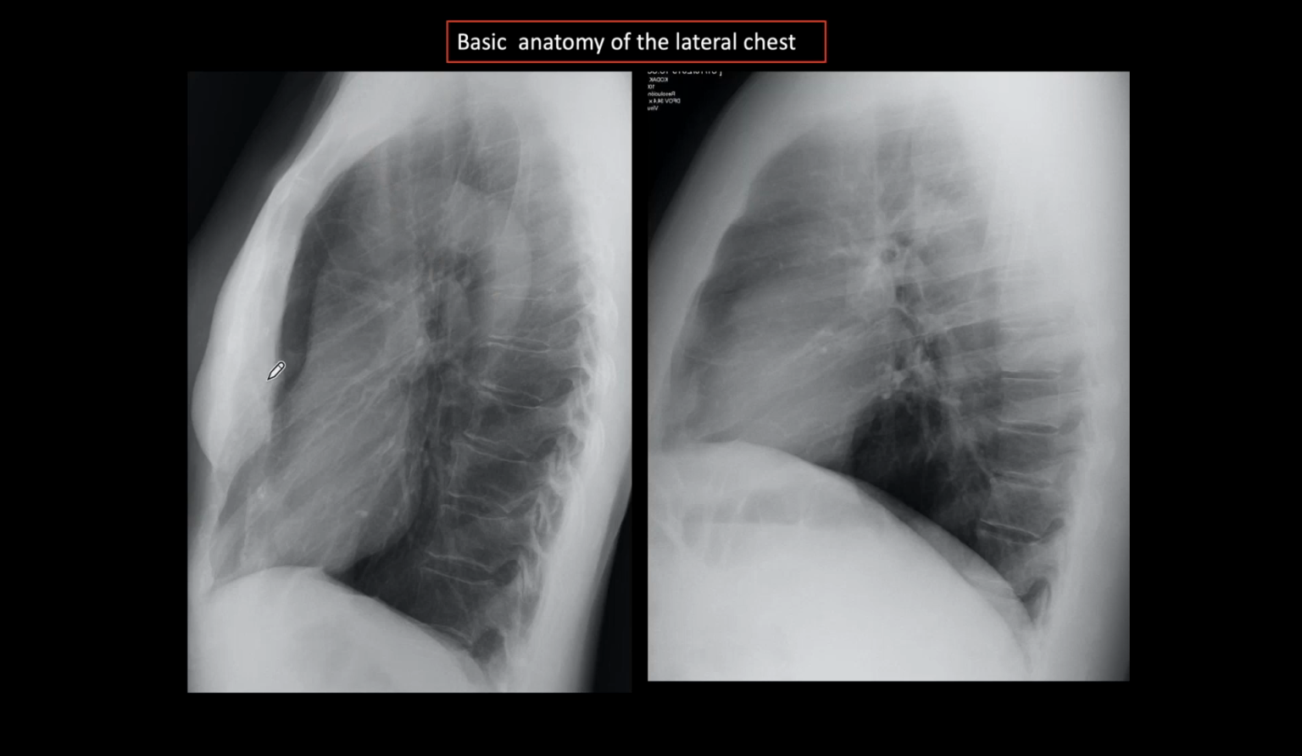We see the sternum anterior in both of them, and the dorsal spine behind. You see that very well. Those are areas that are not seen in the PA view, so we see them only in the lateral. We see also the trachea in the middle, which is very easily seen in the PA, but it's also very well seen in the lateral in almost 100%